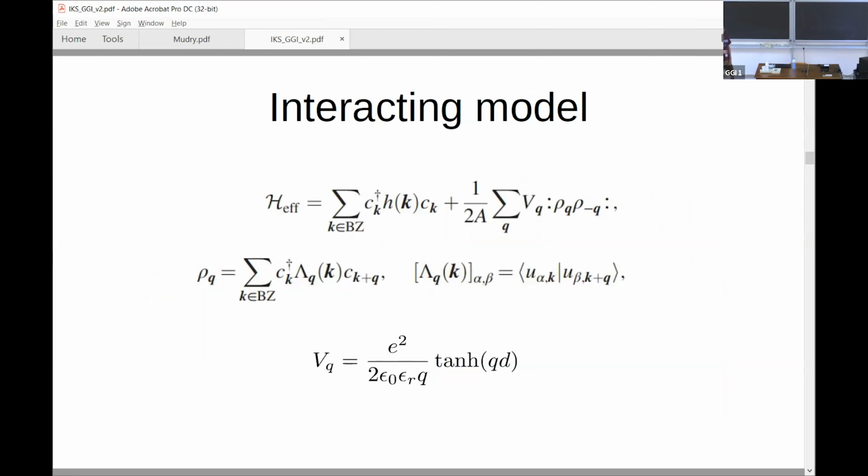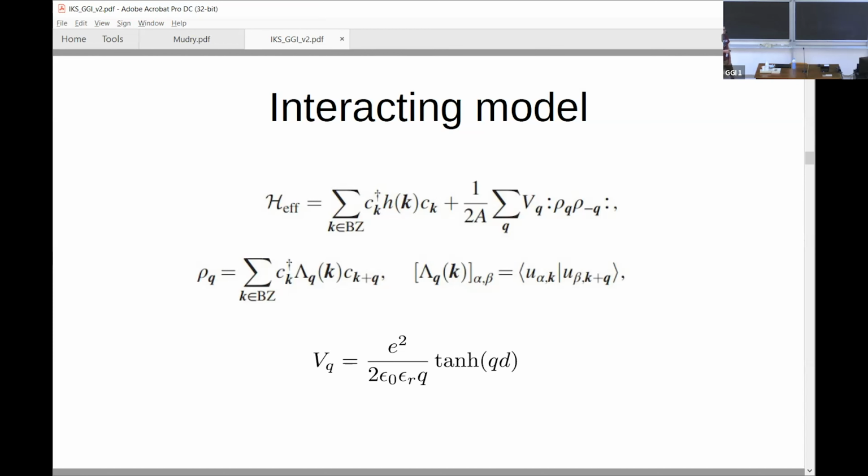And as I said before, if you just take the non-interacting model, you would just get a metal at all of these fillings. So we need to treat the interactions if we want to get some insulators. And so the model we use is combining this kinetic Hamiltonian I presented already with a standard Coulomb interaction piece,